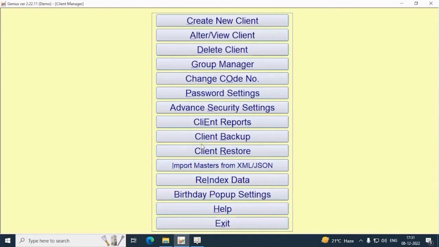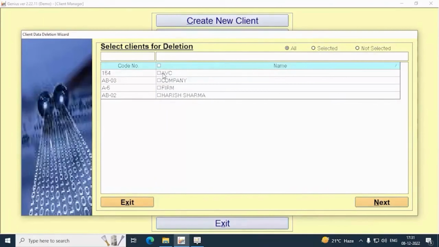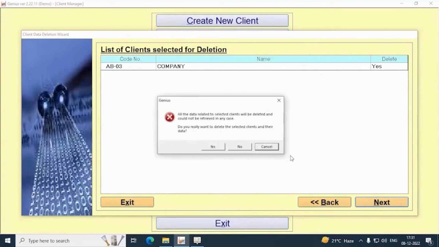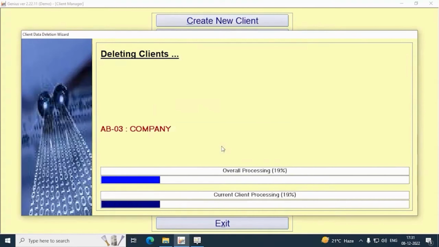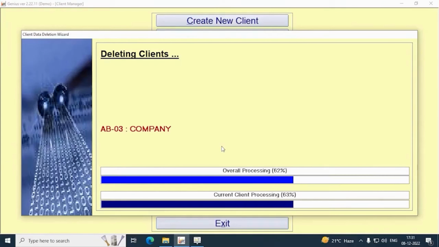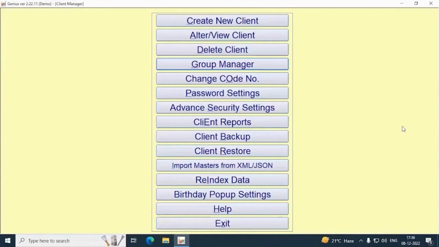If you want to delete any client, then you can do that also by clicking on delete client and after that selecting that particular client you want to delete. Once you delete the client, all the details of client like masters, their income all will get deleted from the software.